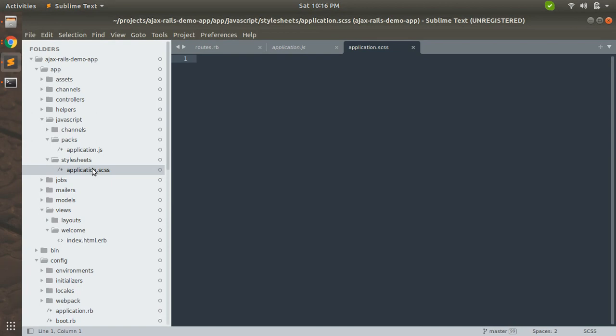The file has been created, and now we need to import Bootstrap here.